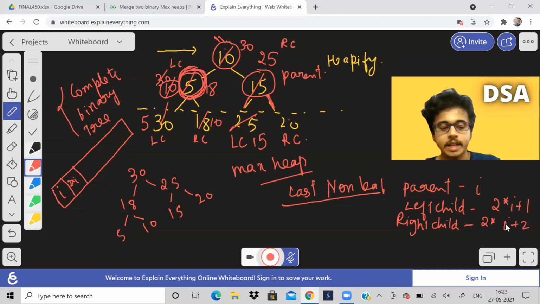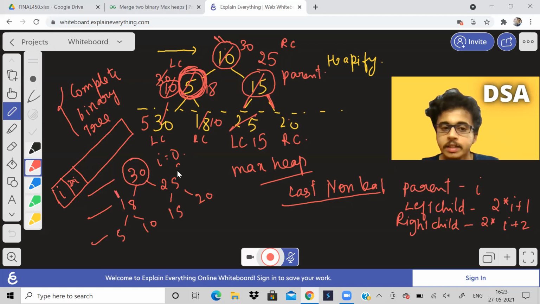How is this? Let us understand this quickly. For example, let us consider here 30. It is starting with index number 0. Now we are going level wise, and index will change like that. This will be index 1, this will be index 2, this is 3, 4, 5, 6, correct?